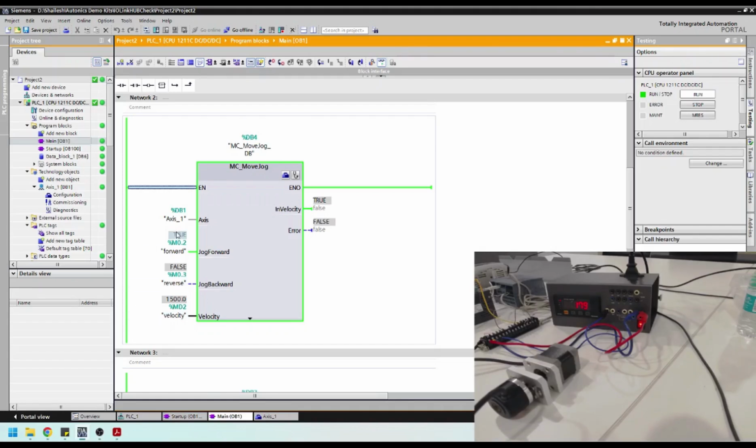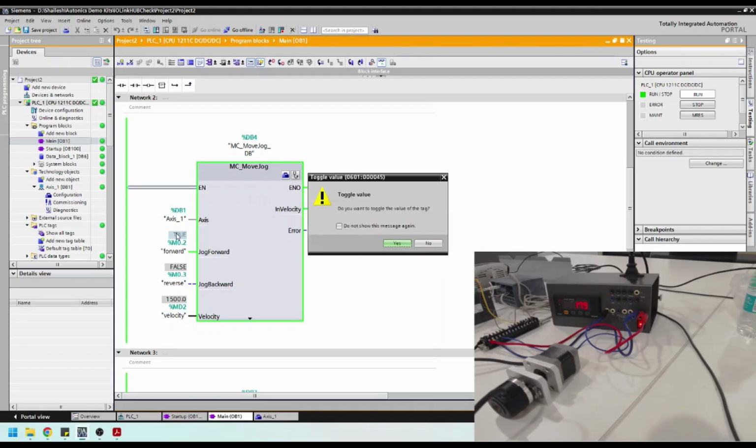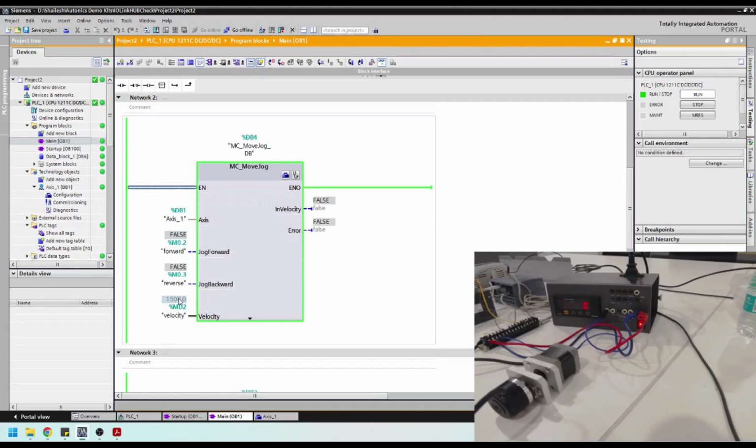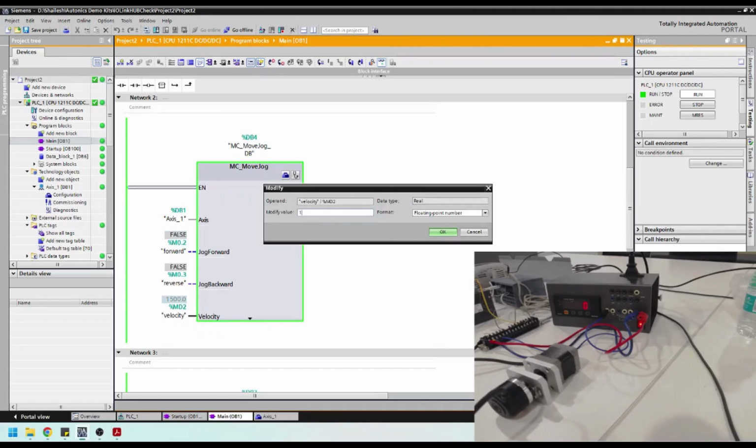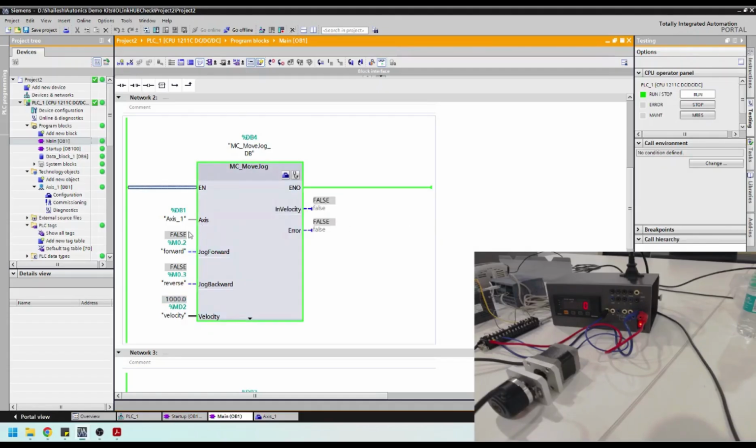Similarly, if I try to reduce the velocity, let's say 1000 pulses per second, that means 2 revolutions per second, and in terms of minutes it will be 120 RPM. Okay, vice versa, if I now check it with